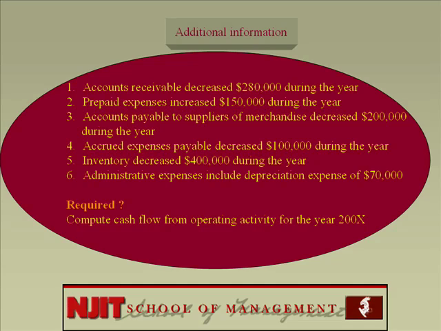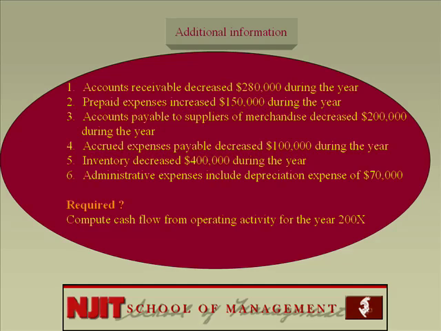Here's some additional information. You have an income statement. It looks positive. Everything looks hunky-dory. Now, you look at the balance sheet, and this is what you find. Accounts receivable decreased $280 during the year. Prepaid expenses increased $150,000 during the year. Accounts payable decreased $200,000 during the year. Accrued expenses payable decreased $100,000 during the year. Inventory decreased $400,000 during the year. And there was a depreciation expense of $70,000